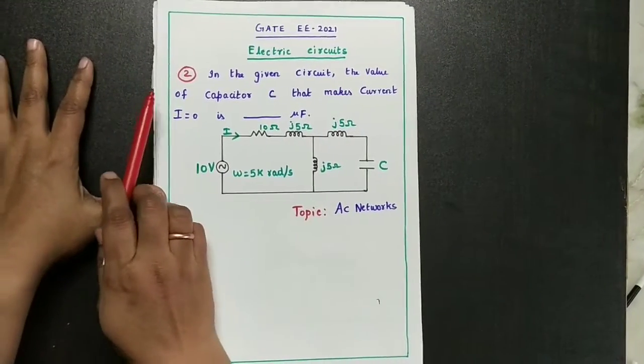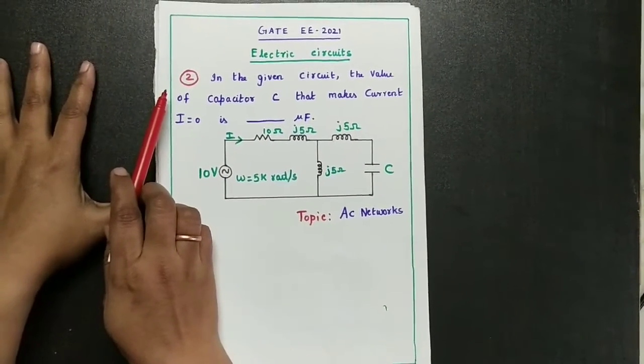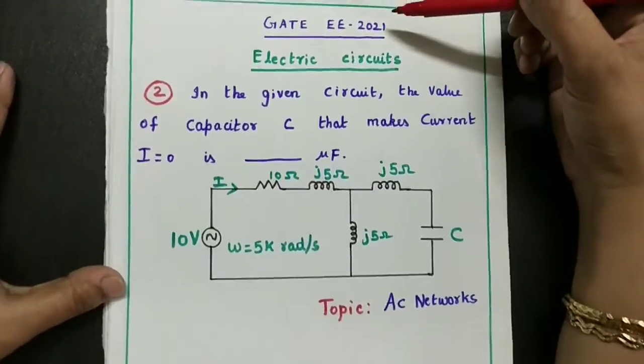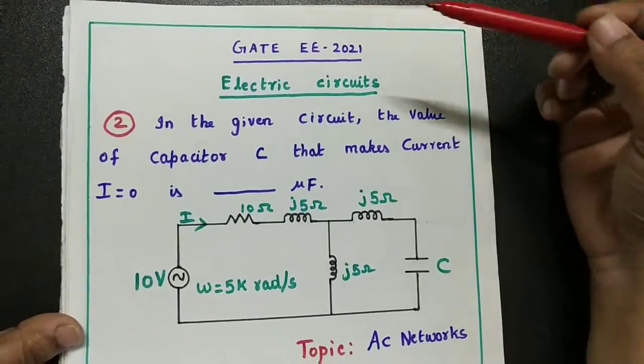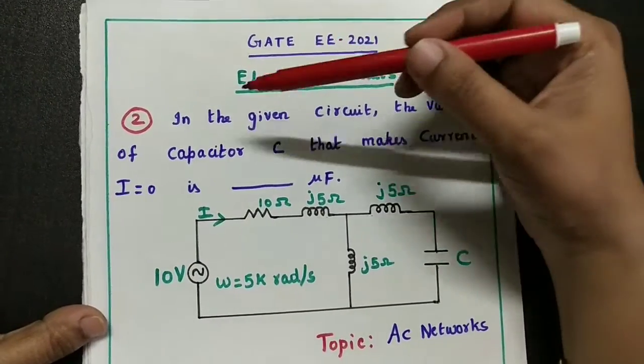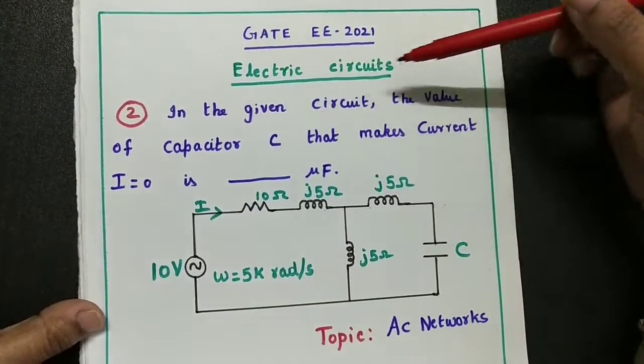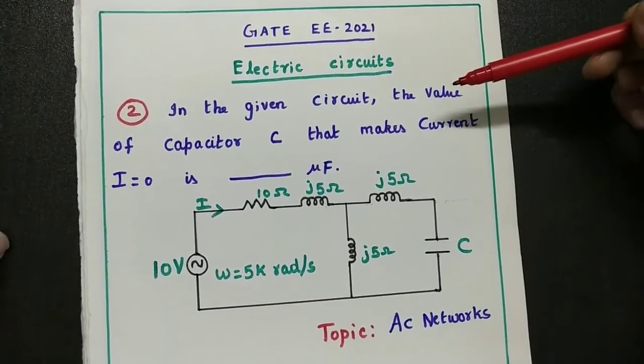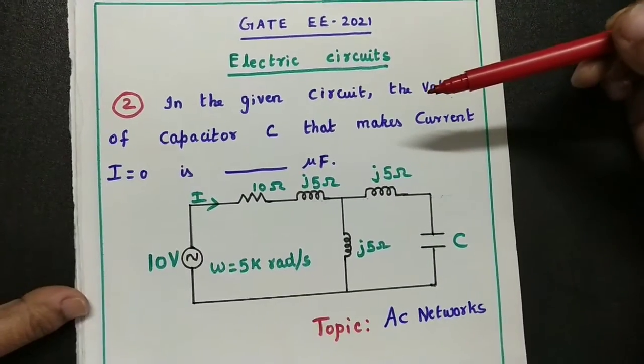In this video, I am solving the second electric circuit question given in the year 2021 GATE EEE. In the previous video, I solved the first electric circuit question. Now the second question is: in the given circuit, the value of capacitor C that makes current I equal to